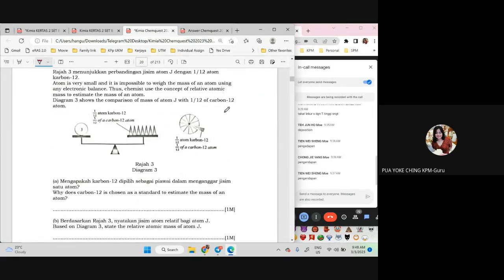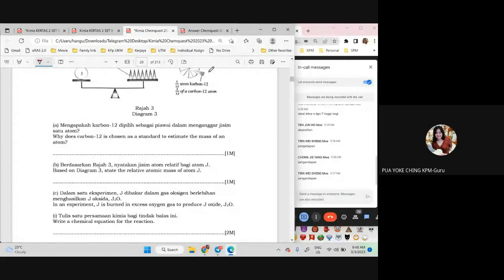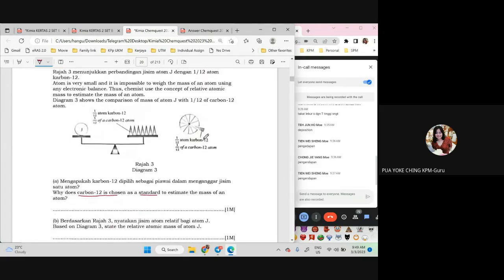So kalau betul keluar this one, soalan ini mesti ada. Why does carbon 12 choose as the standard? So kita tahu atom is a very small particle that we cannot measure the mass. So the mass of the atom is determined by comparing with 1/12 of carbon 12. Kita bandingkan dengan 1/12 carbon 12. So dia tanya kenapa you pilih carbon 12. Answer only got one. Carbon 12 is a solid that is